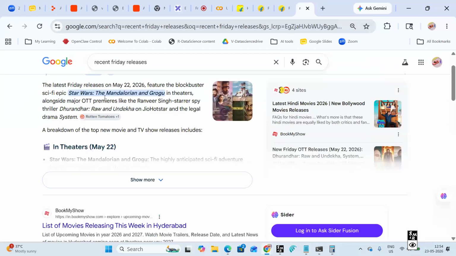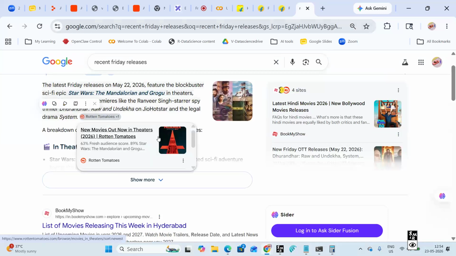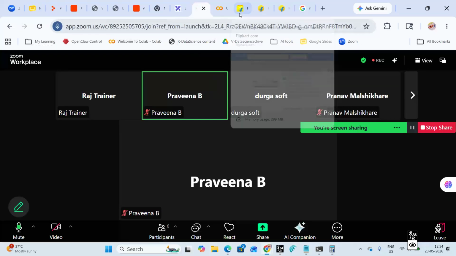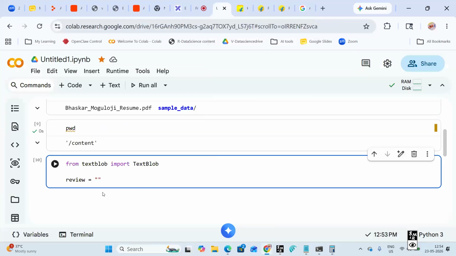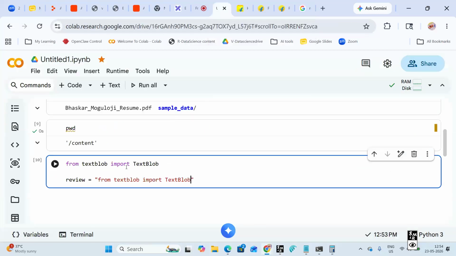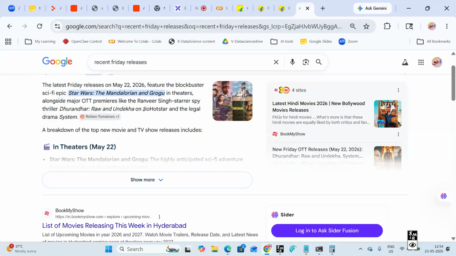Okay, they have released Star Wars: The Mandalorian and Grogu. So now we are going to create a program and try to write a review for Star Wars.